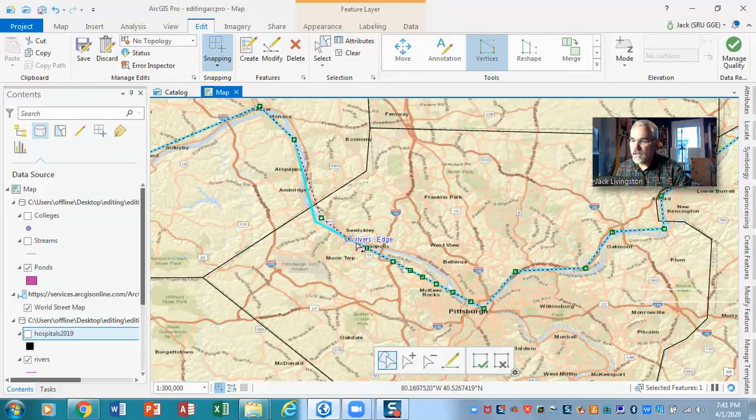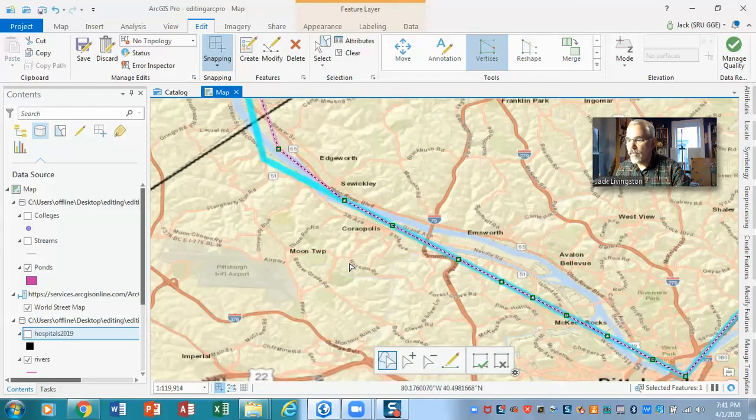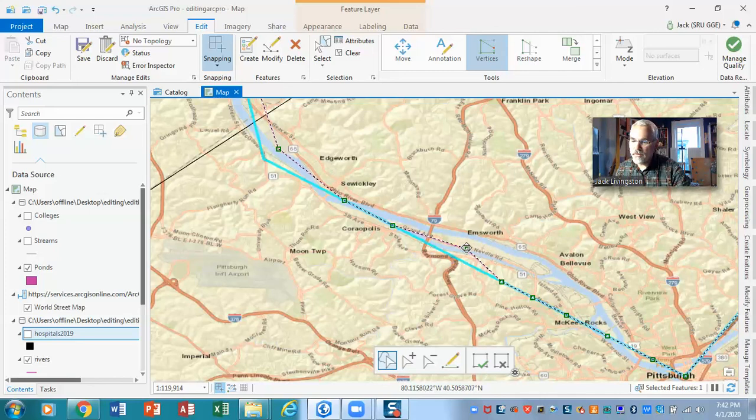And then I'm going to take this next one, and I am going to zoom in a little bit here, and I'm going to try to lay these in where they should be. That one's okay. This one though, I'm going to have to move it up a little bit to here. And I'm going to do the same to the next one. And I'm going to do the same to the next one. And one more here. And so in this way I have modified my vertices at least as far,